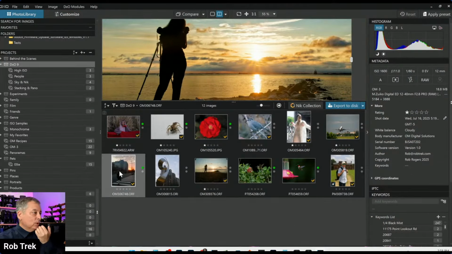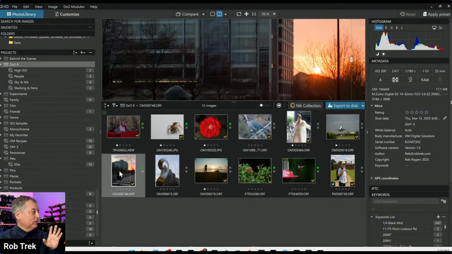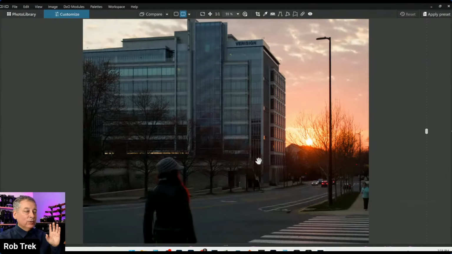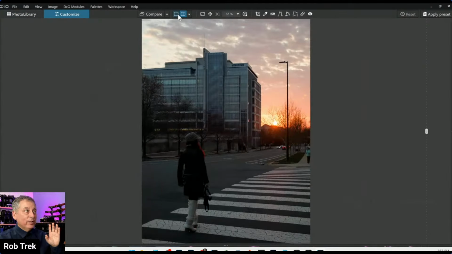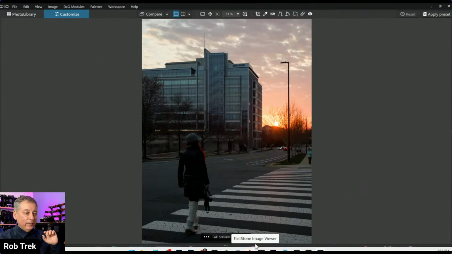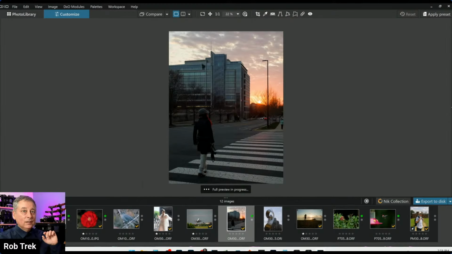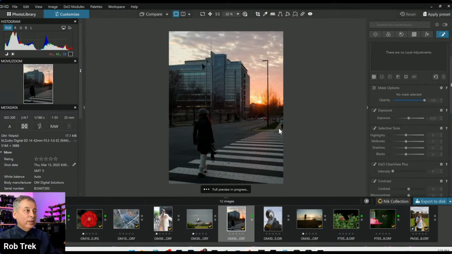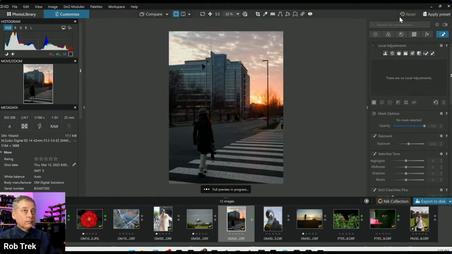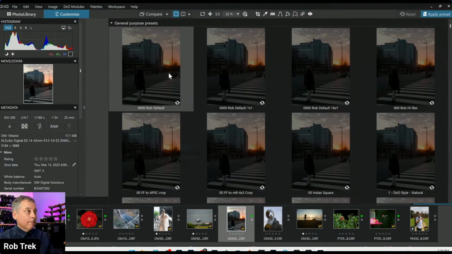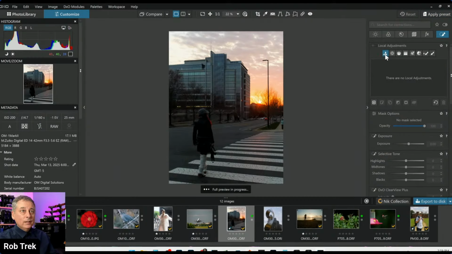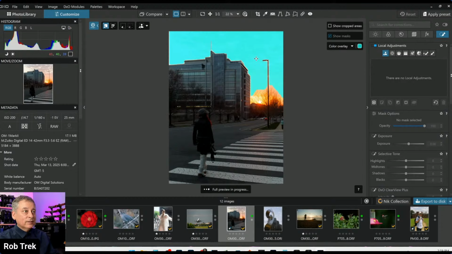Let me do one more real quick because someone wanted to see sort of the plugins that you might use with Photolab. I have Nick Collection and Filmpack installed. So I'll just demonstrate the Nick Collection, but let me just do a quick edit on this picture. So basic preset, and then AI tools. So let's select the sky